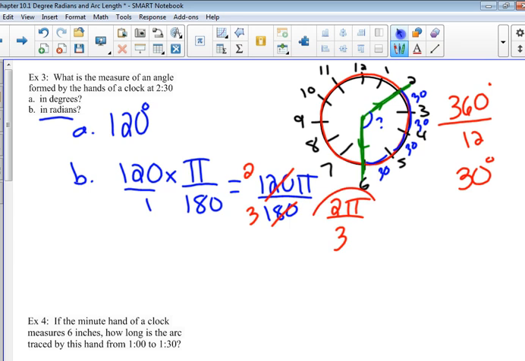So should we do 2 pi over 3? I like to think if you're going from degrees into radians, don't you usually see a pi in radian measure? So the pi would be on the top. Okay, let's think of this. I feel like we need something more. What about